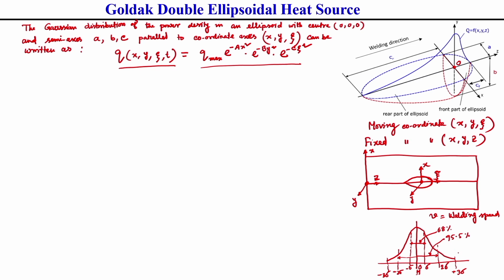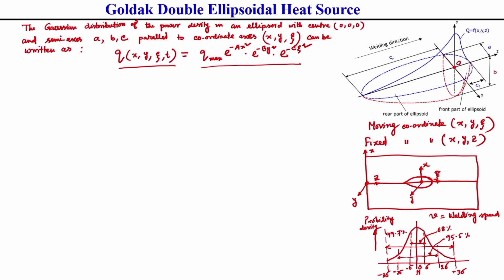So, the percentage of 3 sigma is 99.7%. This you should keep in mind. This is generally called Gaussian distribution. What is the y axis? The y axis represents probability density. This you should keep in mind.